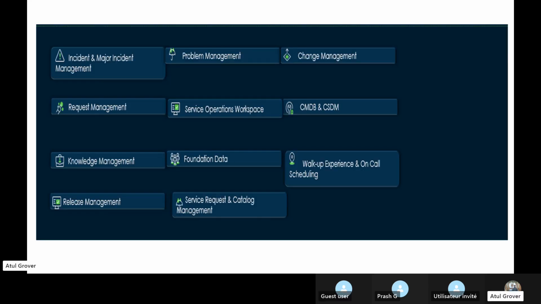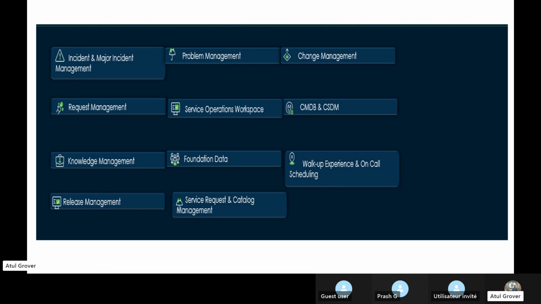So under our preview, I can say from the agenda and discussion perspective, these are the main modules we are going to cover: request management, service operation workspace, only high level, CMDB, CSDM, walk-up experience, foundation data, knowledge management, release management.